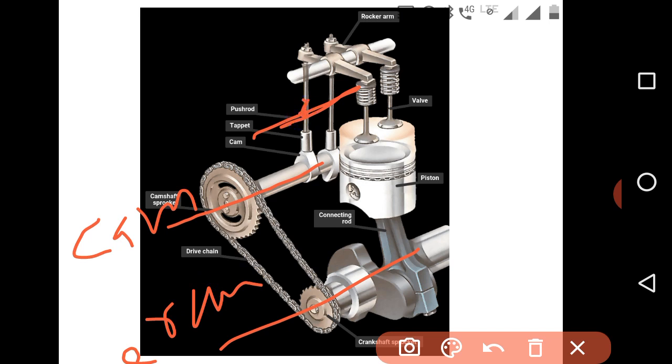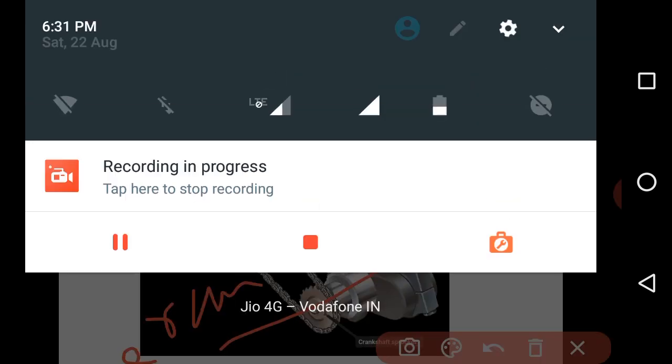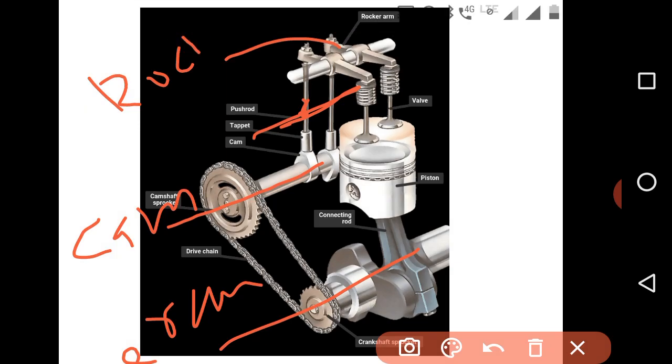After the cam we are using the push rod, and these push rods are connected with the rocker arm. As the push rod is pushing up, the rocker arm will push the valve down, it will overcome the spring force and it will open the valve. As the push rod is going upward, this rocker arm will push the valve downward and open the valve. So this is important, because we have to understand how we can